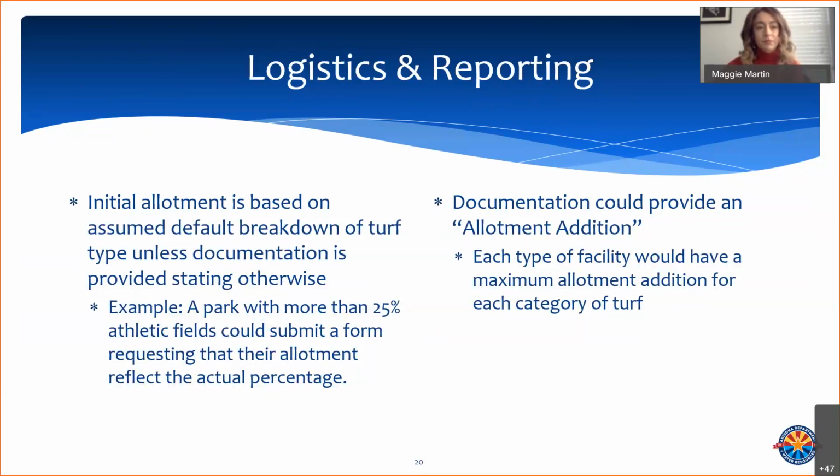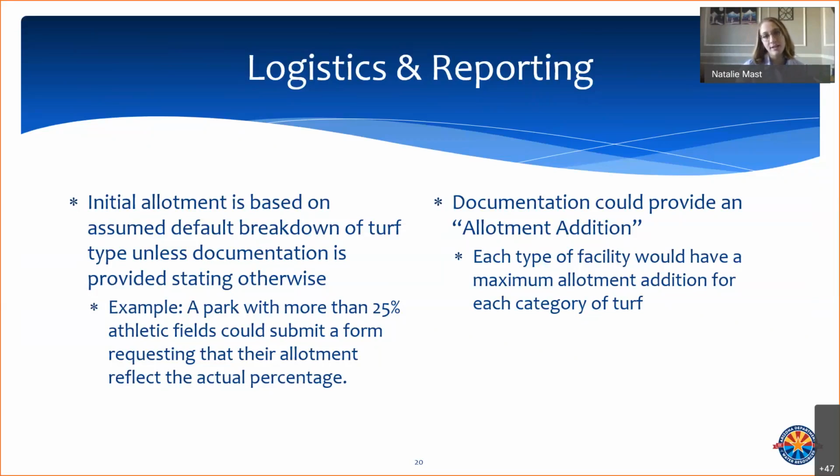Thanks, Maggie. So we did lay out these potential default percentages for each type of facility. We realize that individual facilities are not all the same. So where you saw in that last slide that there may be a little bit of an equity issue, we think that we can address this with some kind of an addition mechanism. So